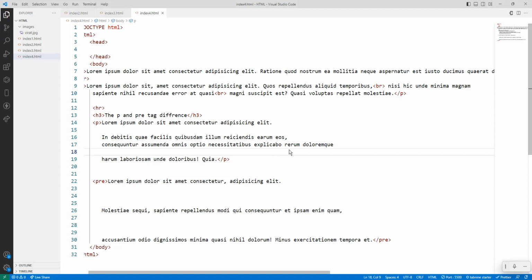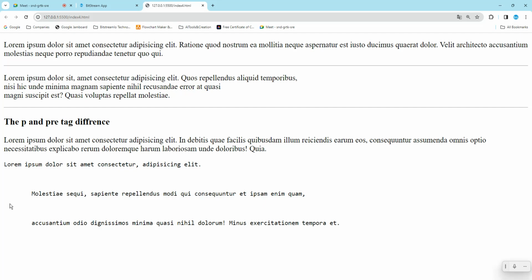What is called a pre tag? The pre tag has a start tag and an end tag. What is the difference? Whatever content you type in the pre tag, it displays accordingly, but the paragraph displays it in the common way. So this is the difference between the p tag and the pre tag. Okay. So today we are going to be